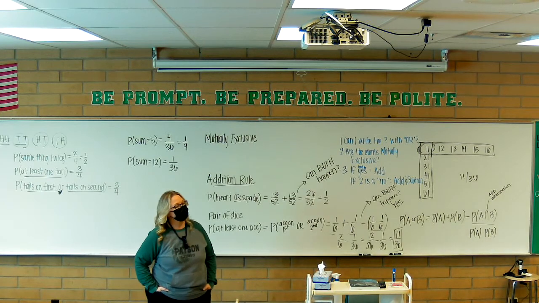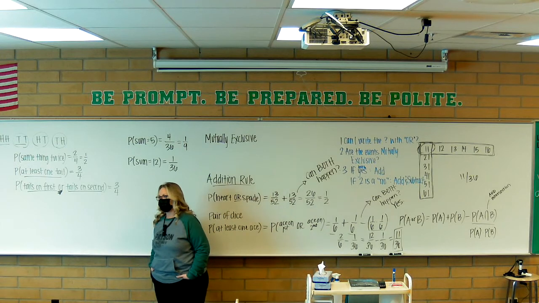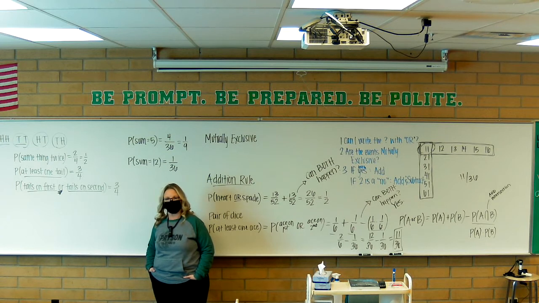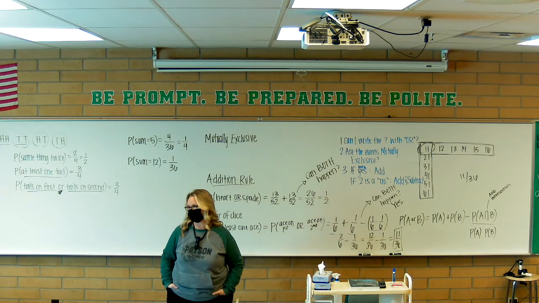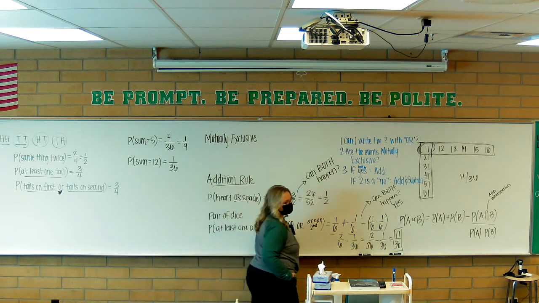So in probability, 2 events are considered independent if the first event doesn't influence the likelihood of the second event. If you flip a coin, does getting heads the first time you flip that coin influence the outcome of the second time you flip the coin? No, not at all. When you roll a die, does what you get on the first roll influence what you get on the second roll? No, it doesn't. Okay? But when I'm dealing cards,